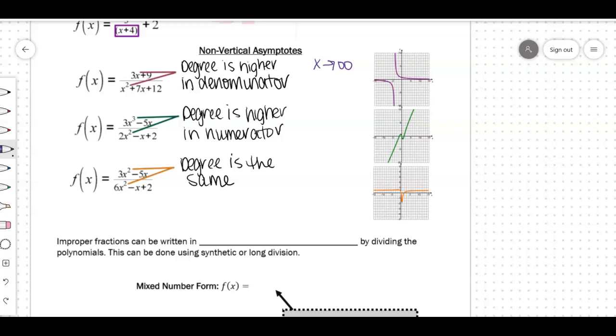So if I were to plug in, let's say, a really large number into the numerator, let's say 1,000,000, I'd have 3,000,000 plus 9, so 3,000,009. When you're talking about really, really, really large numbers, we don't even really care about that 9 anymore. When you're talking about 3,000,000, who cares about 9 ones? So we can kind of ignore the 9, we can ignore the 12, and we could also ignore this 7x,